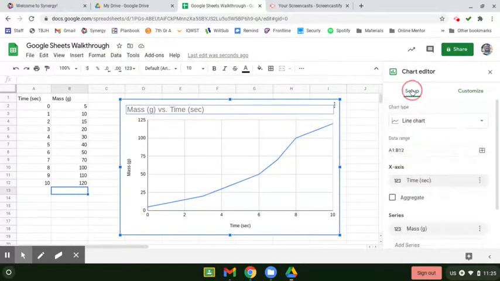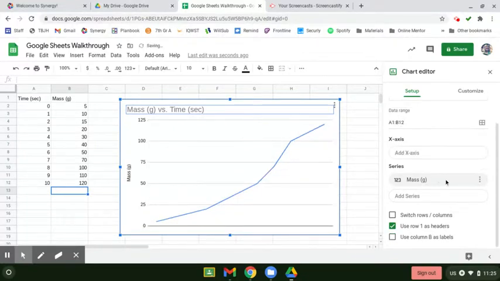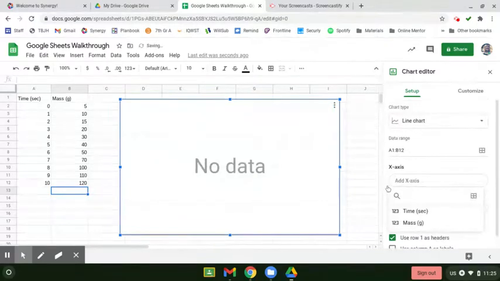Okay. So in my setup, as I said, the data ranges, I don't ever adjust what boxes are being used from this. I just kind of use it to see what's going on. If your data gets put in incorrectly, you can use the x-axis and the series to adjust. Okay, so I'm going to remove these. If it ever puts your data in incorrectly and it's looking really weird, to remove a data range, so to remove a set of boxes, you go to the 3 dots and remove,